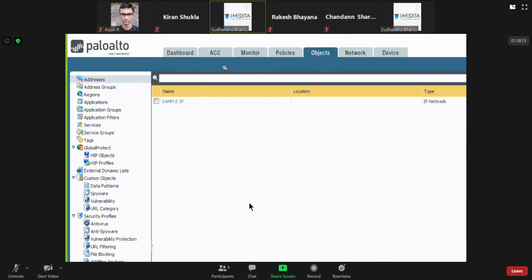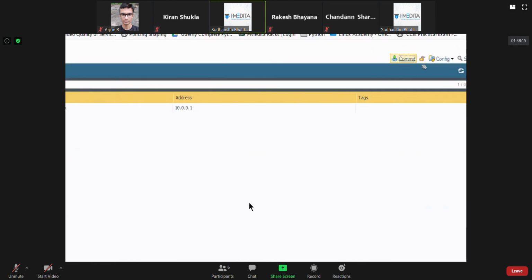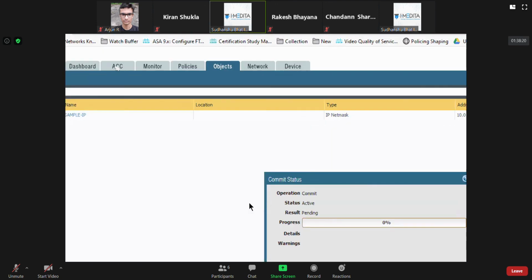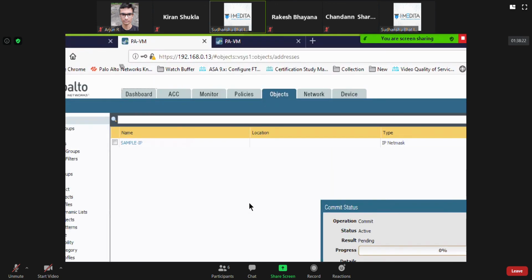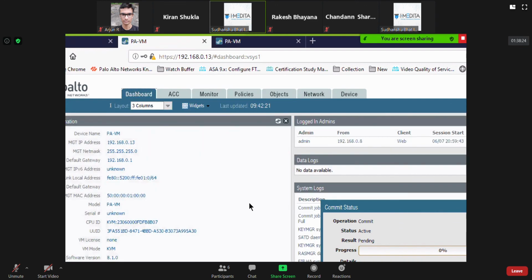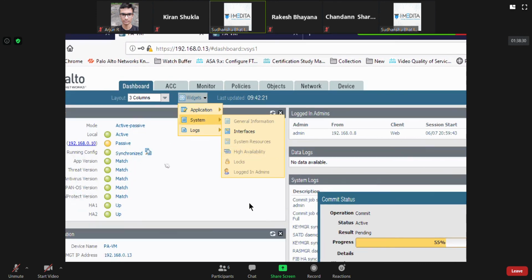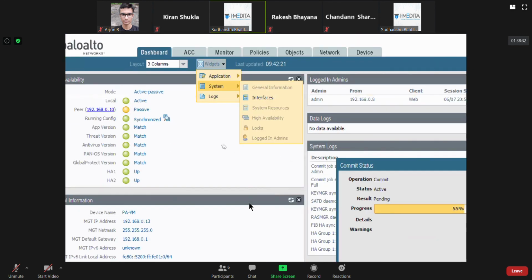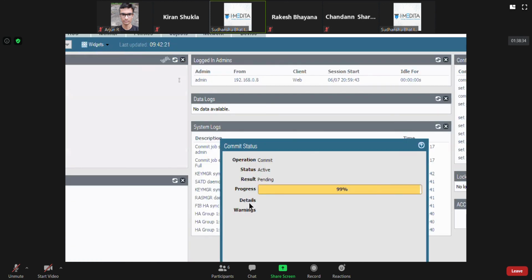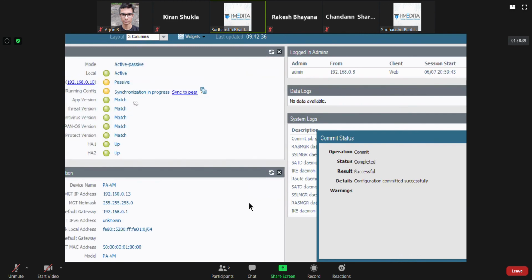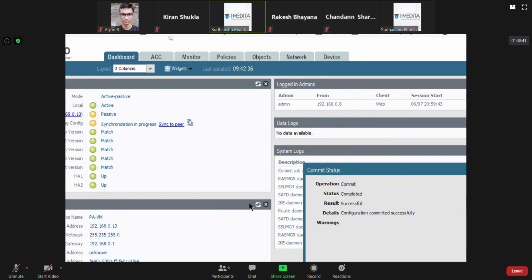Okay, so as soon as I push commit, let's add the widget here as well. See, configuration synchronization in pair, synchronization in process.